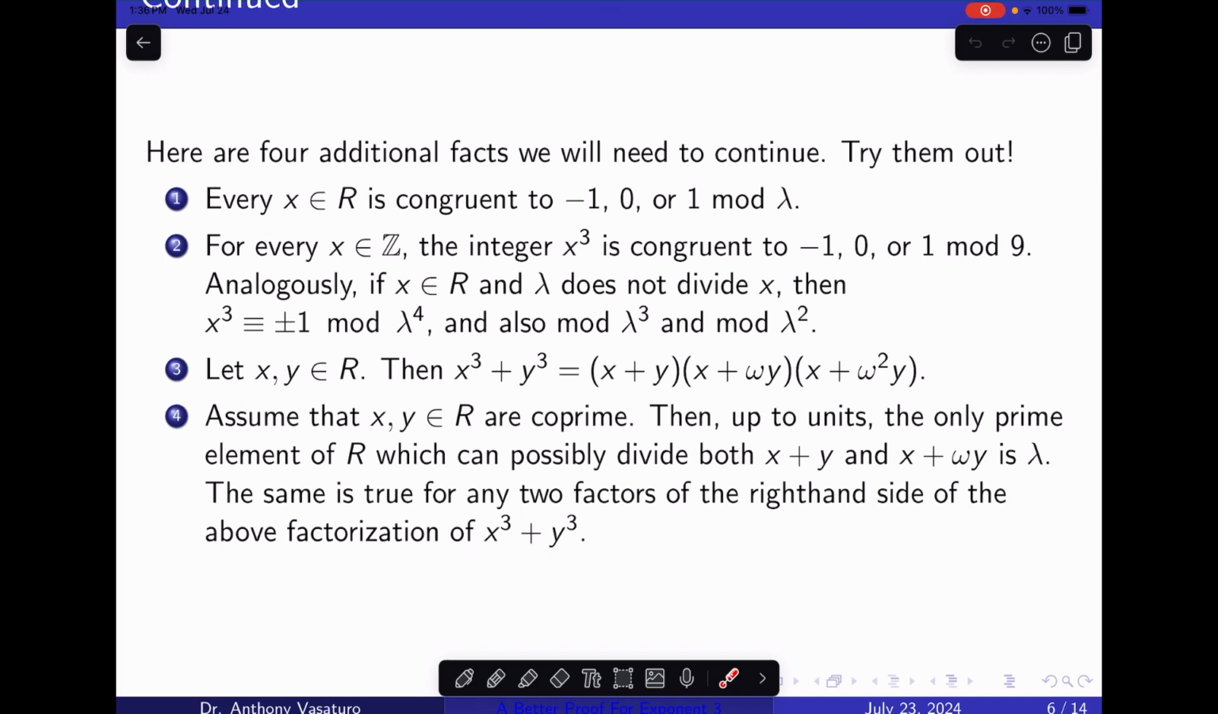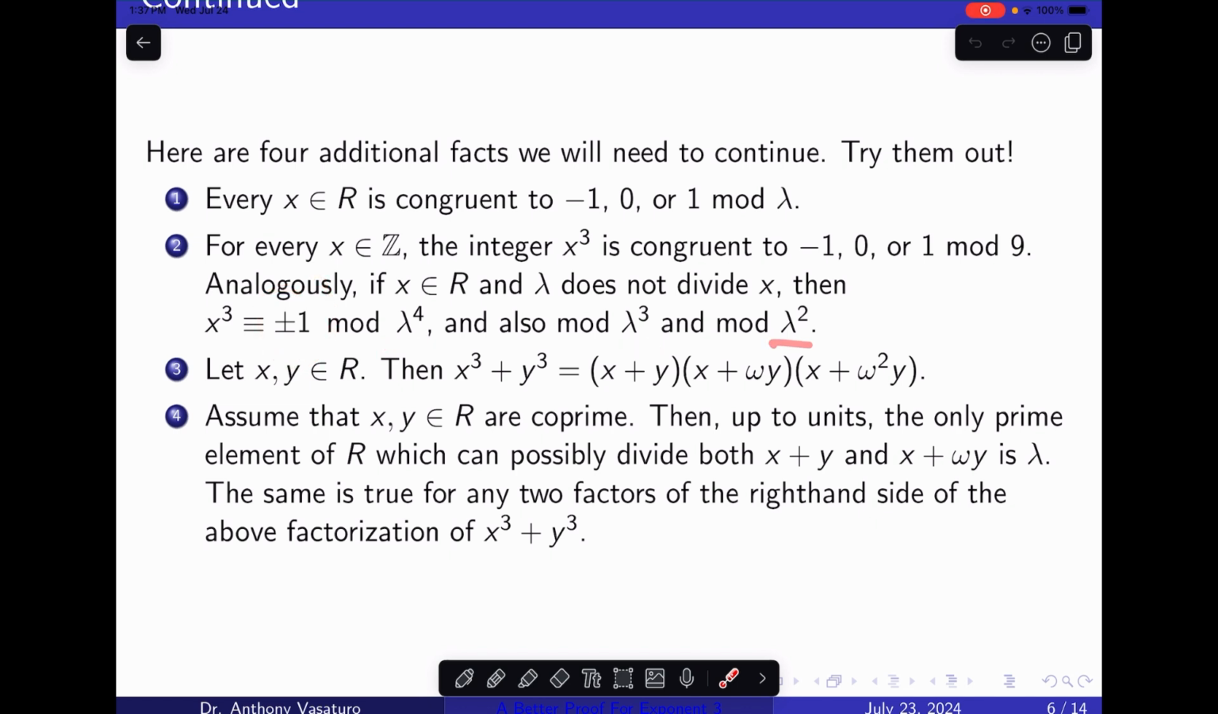The first fact, which is only really needed to prove the second fact, is that every x in R is congruent to -1, 0, or 1 mod lambda. The second fact is that for every x in Z, the integer x cubed is congruent to -1, 0, or 1 mod 9, although really what we need is analogously, if x is in R and lambda does not divide x, in other words, if x is nonzero mod lambda, then x cubed is plus or minus 1 mod lambda to the fourth, also mod lambda cubed, and also mod